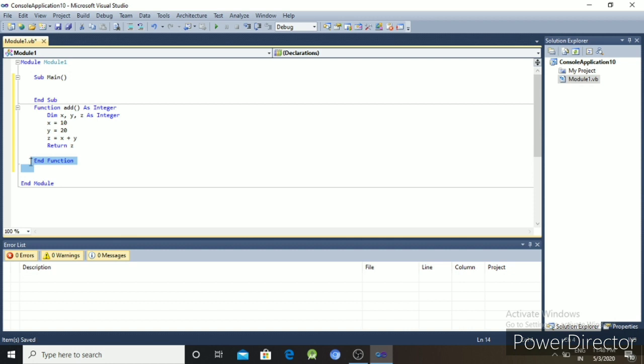The return type is Integer because we already wrote Function add As Integer, so the value returned will be an integer type. It is compulsory to write a return statement in the function. The value returned is used to call this function.